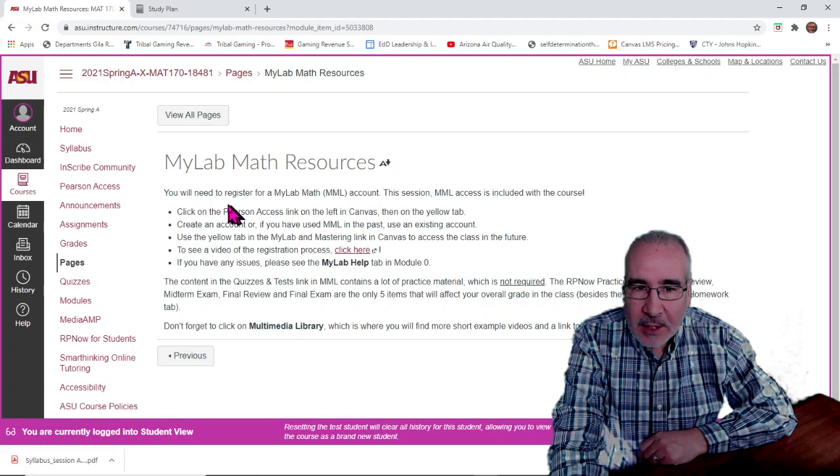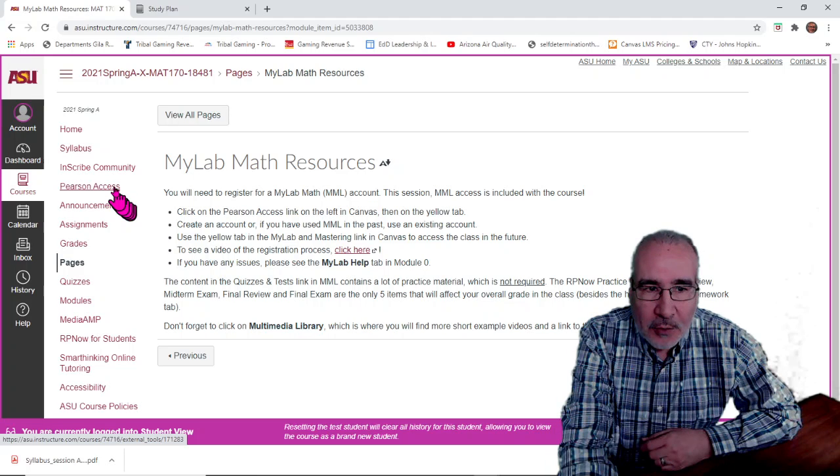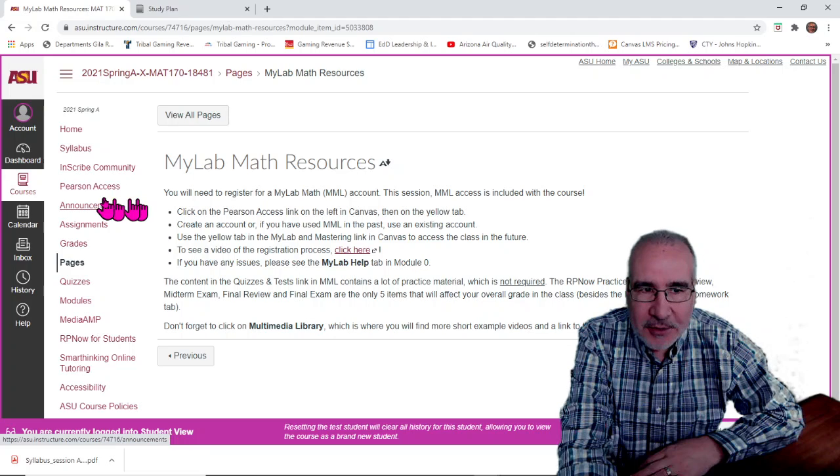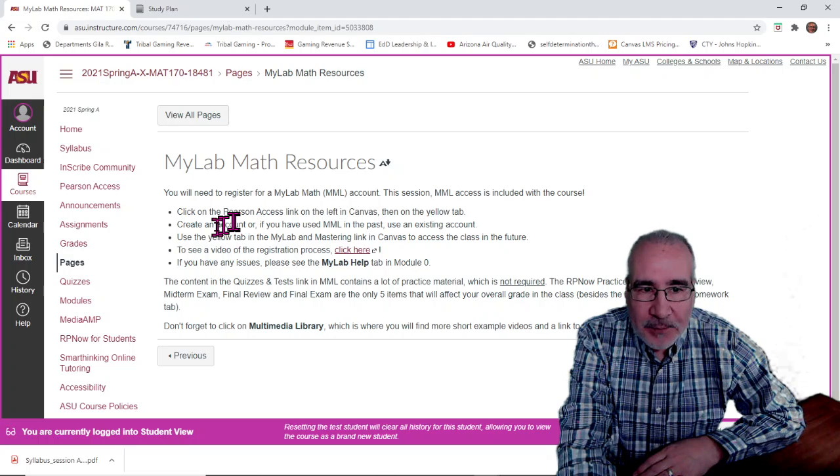You can read through this Mymathlab Resources. You have free access this semester. You go through the Pearson Access. Now, if I click on this, since I'm not actually a student, it doesn't work for me. I have an instructor site that I go to. So anyway, follow these instructions to get your account set up and going,